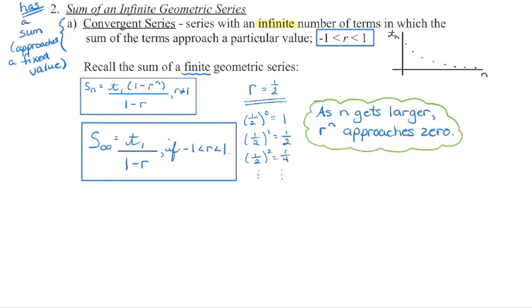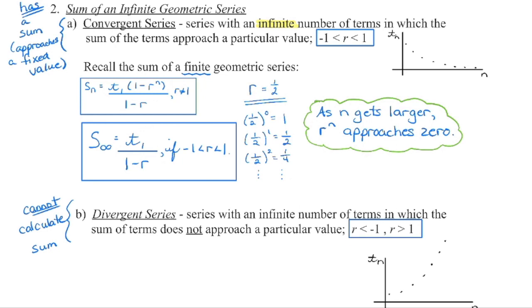Remember, r cannot equal 1. That would make the denominator 1, and we would then have something that's undefined. If we have a common ratio that is less than -1 or greater than +1, we have a divergent series. So now we can see that as the terms go along here, the value of each term is getting increasingly larger. We're not going to be able to calculate the sum for that particular series, so we would just say if it's an infinite series with a common ratio within that range, we do not have a sum that we